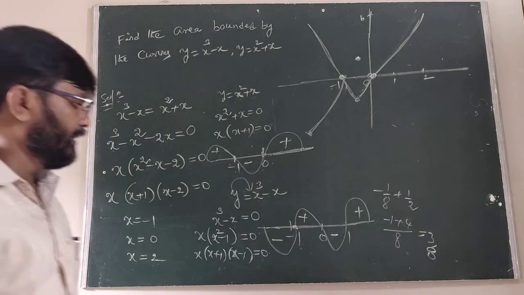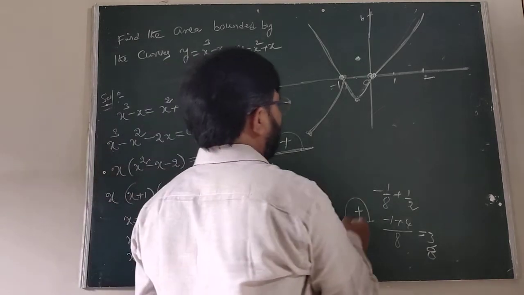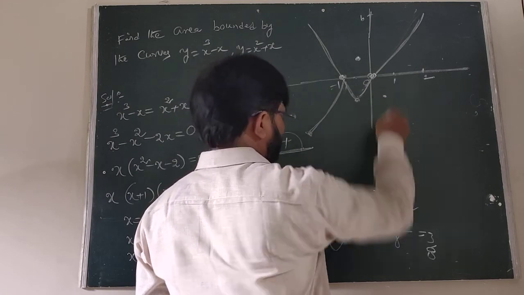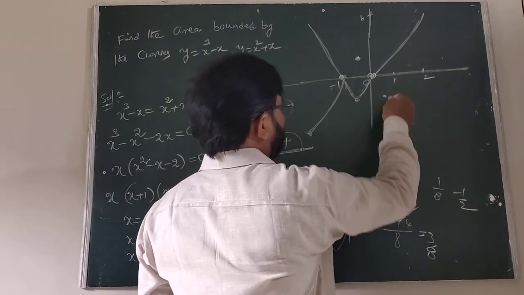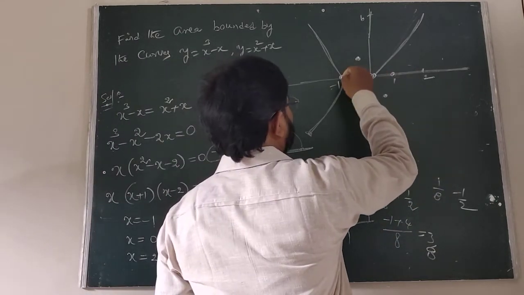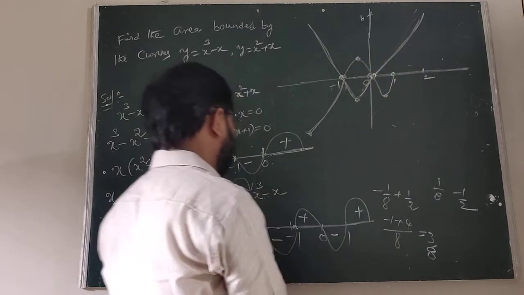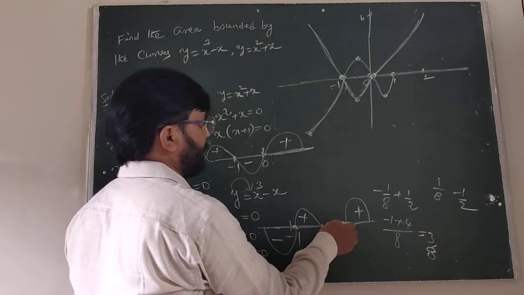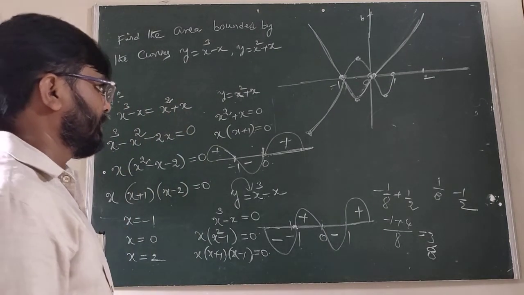So again minus 1 to 0 between is positive, 0 to 1 is negative. Therefore when we are taking 1 by 2, undoubtedly we got 1 by 8 minus 1 by 2. Therefore we got minus of 3 by 8 like this. When we are taking the 1, it is this one. So here this is the 0 like this one. Dear students, 0 to 1 between is negative.